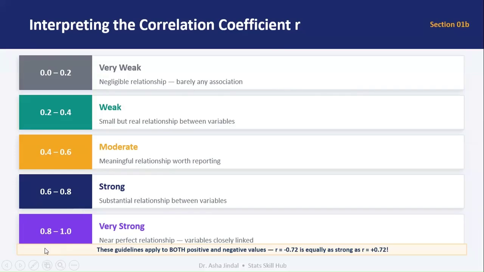Remember, strength depends on the absolute value only. This means r equal to -0.72 is equally as strong as r equal to +0.72. The sign only tells direction.